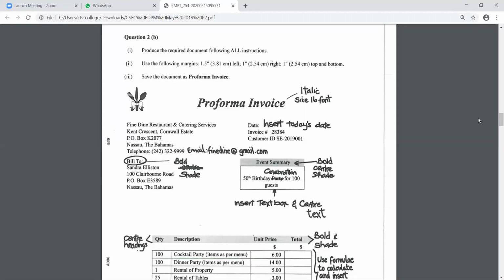When you highlight all 4 labels, you will do the formatting. You will center, you will bold it, and you will shade it. Understood? Then you'll go under unit price and under total, you'll put 2 dollar signs in there, right? And you know how to get the dollar signs? We'll get it from the keyboard, shift and number 4, right? And then we will start typing the actual invoice information in terms of quantity.